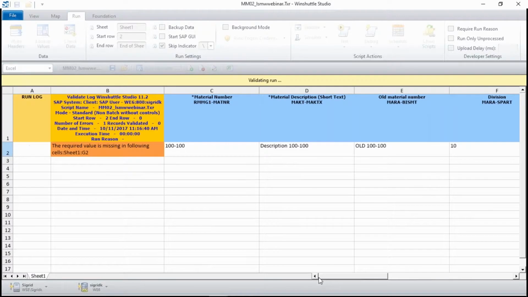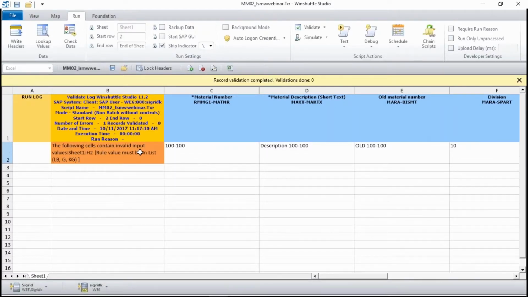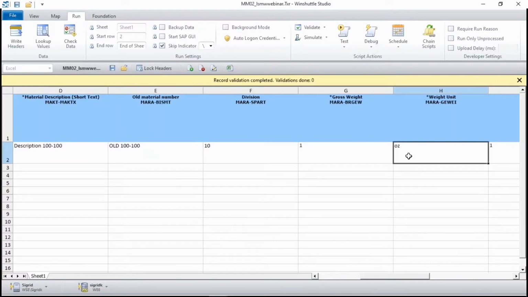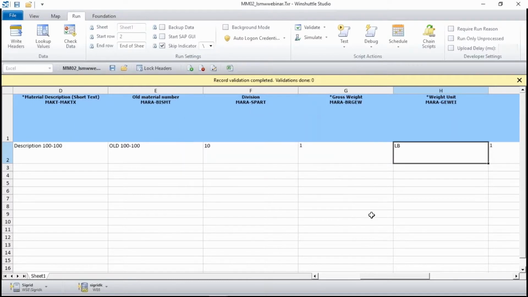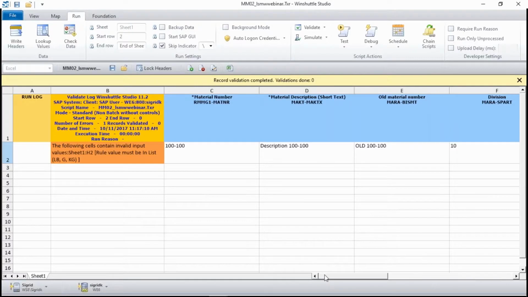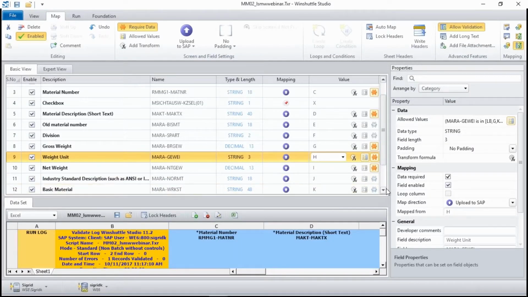So now all the values are filled in, but the value might not be from the list. So here it's telling me it has to be in the list. And so now when I do a lookup, instead of getting that long list from SAP, I'll get my short list, so I'll be able to pick the value, and now we know that it's only from the valid list. So that's also pretty good, and we've got all this, and we know it's working. We have required fields, we have some of the values constrained, but there's another option that I want to enable,